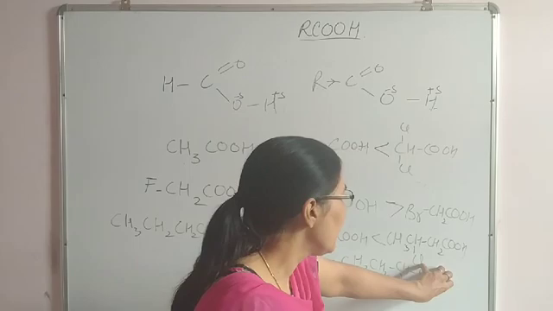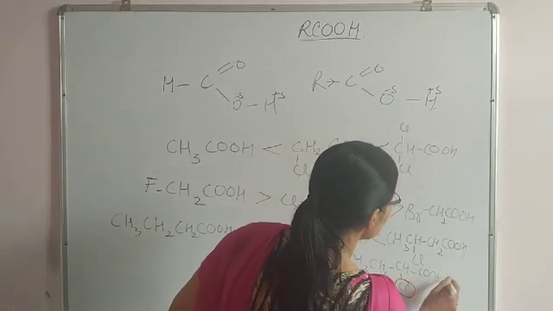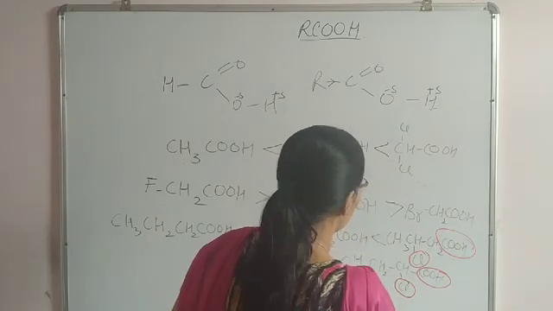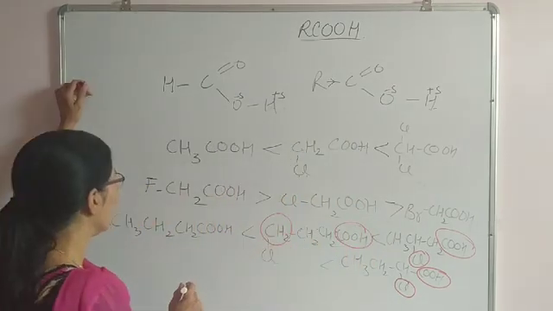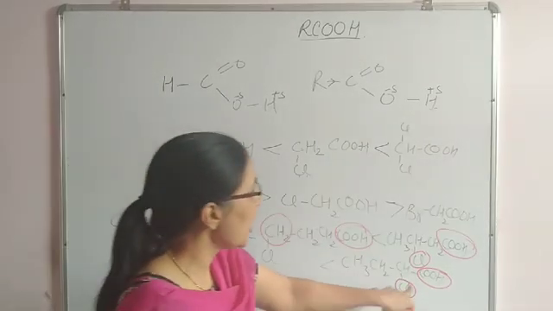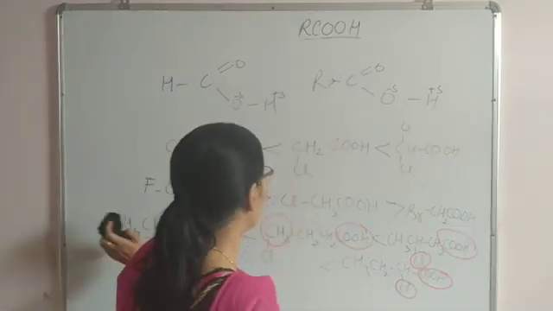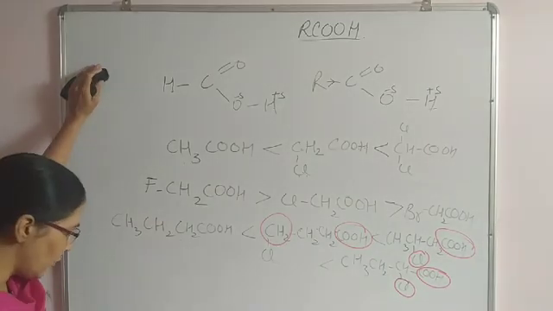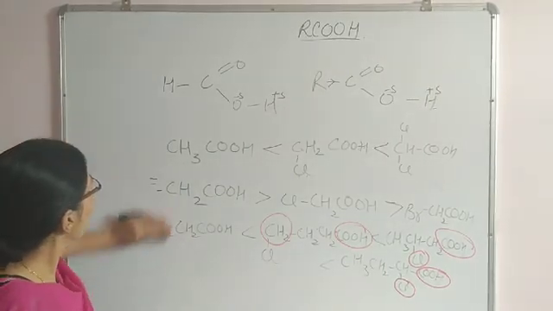means closer to the functional group COOH. Okay, here Cl is just next to the carbon atom. Here Cl is on the next to next carbon atom, and here Cl is attached to the number 3 carbon atom. Here chlorine is not present. Definitely the closer the chlorine is to the COOH group, that will be the most acidic out of these four acids. So I hope you understood the various parameters about acidic character well.